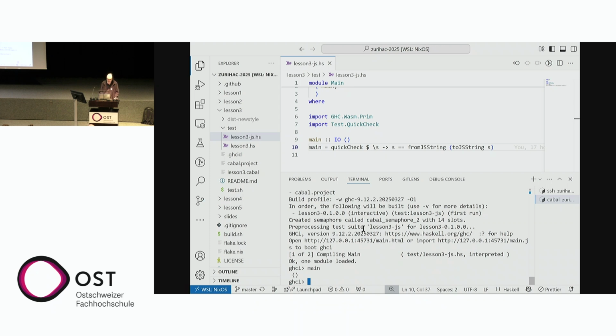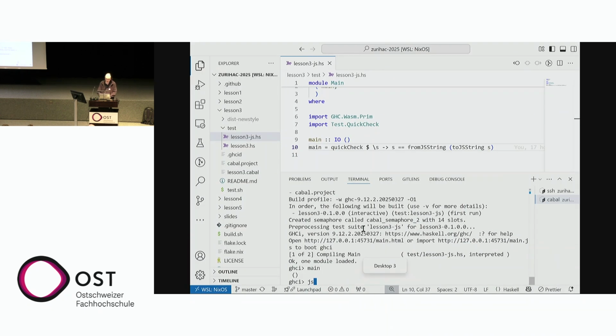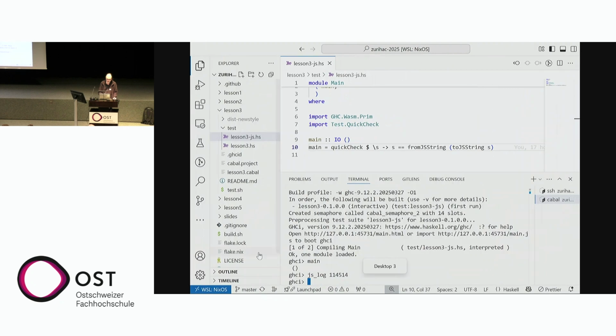But this print function does not go through any of the Haskell standard output or handle logic. It directly invokes console.log. So let's just print a random integer here. And you can see the integer is indeed printed to the